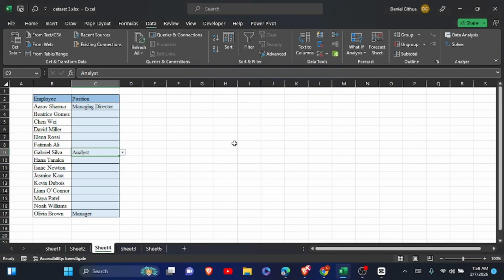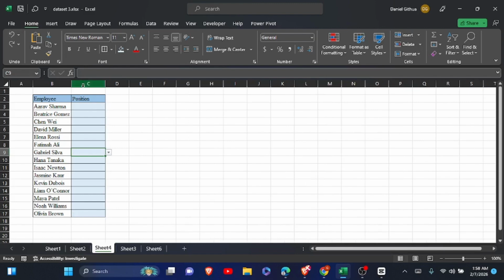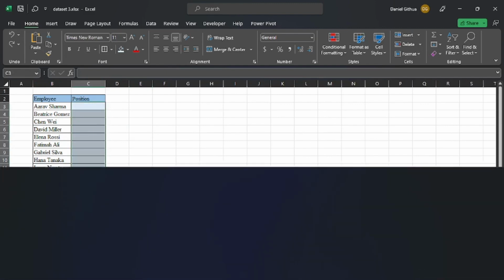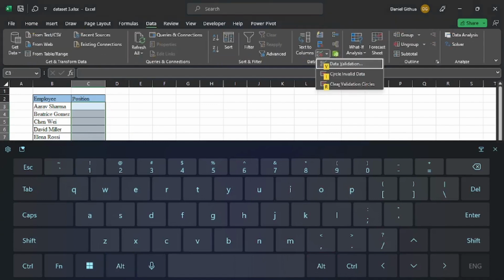The next way is the one that will show you the shortcut. And the first thing you do is you highlight this cell, then open your keyboard, press Alt, A and V, and here you click on validation,